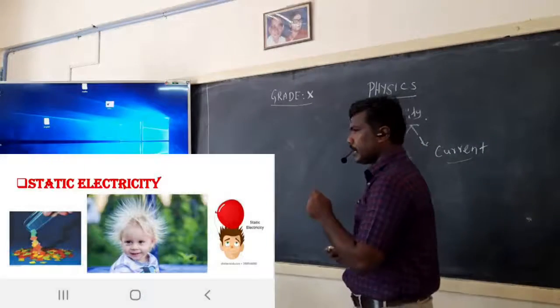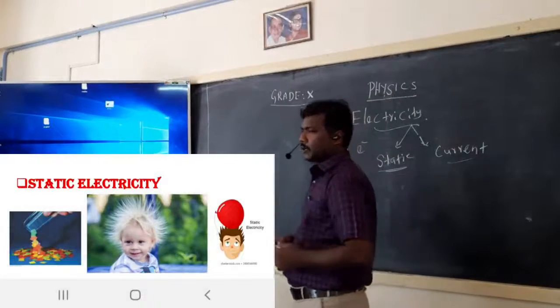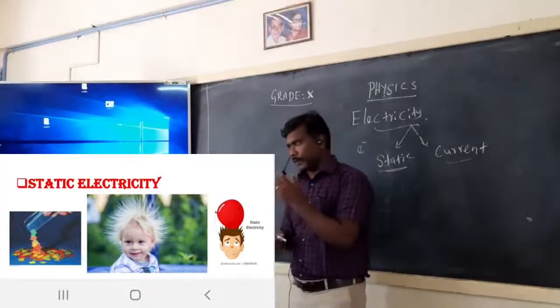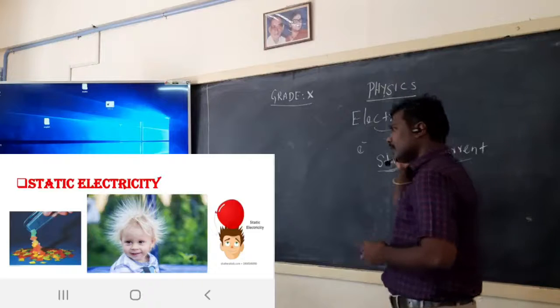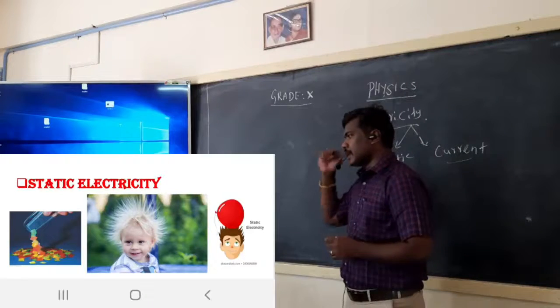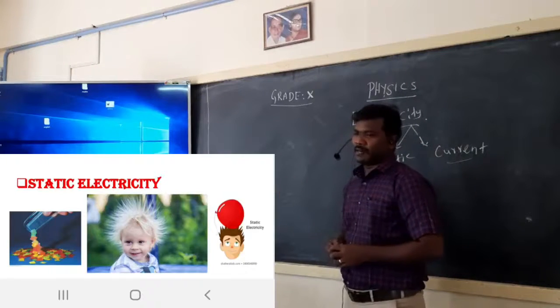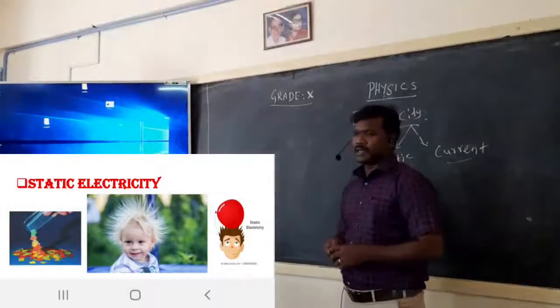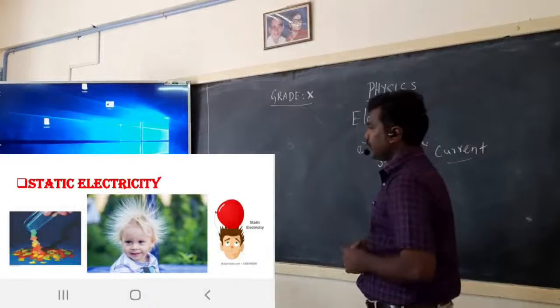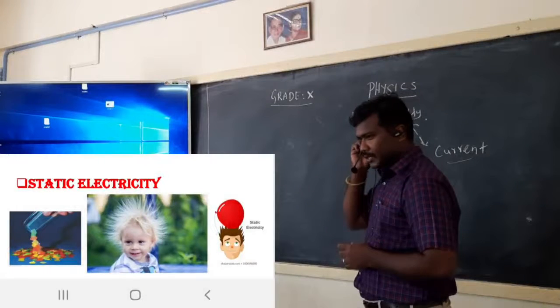So the heat energy causes the attractive force between the small piece of paper and the comb. See the second diagram. See the boy. This hairstyle is very nice. This hairstyle is related to our topic, static electricity. So already we saw the first diagram. The cat hair and the boy hair are all the same.